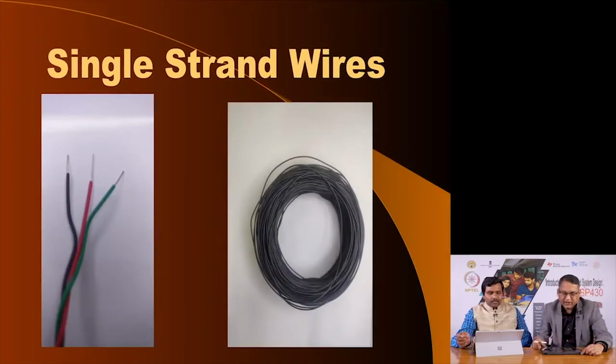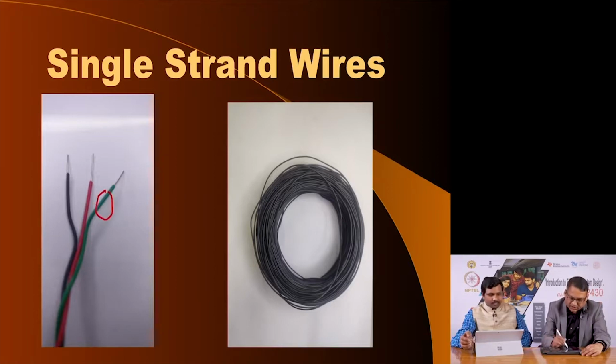Let me explain the types of wires. It is very important that we use only single strand wires, because wires come in two types. One is what is called a multi-strand wire, which means tiny strands of copper wire are bunched together. So, they are all shorts. Apart from multi-strand wires, you also get what are called single strand wires, which means that inside an insulation,